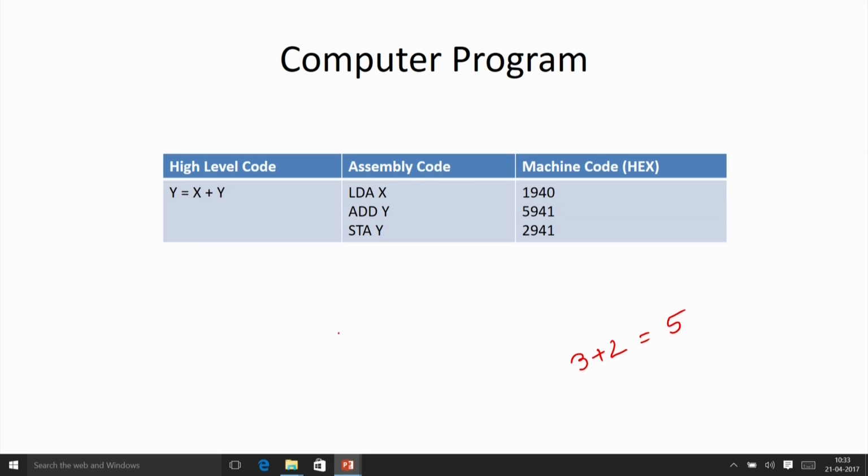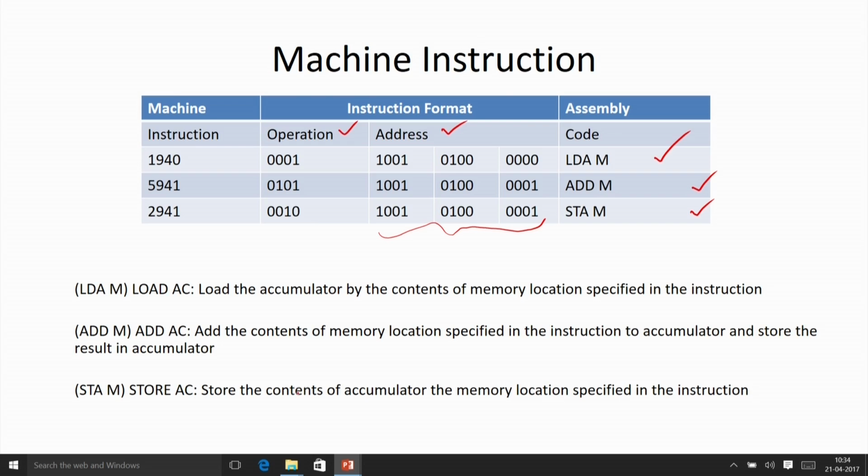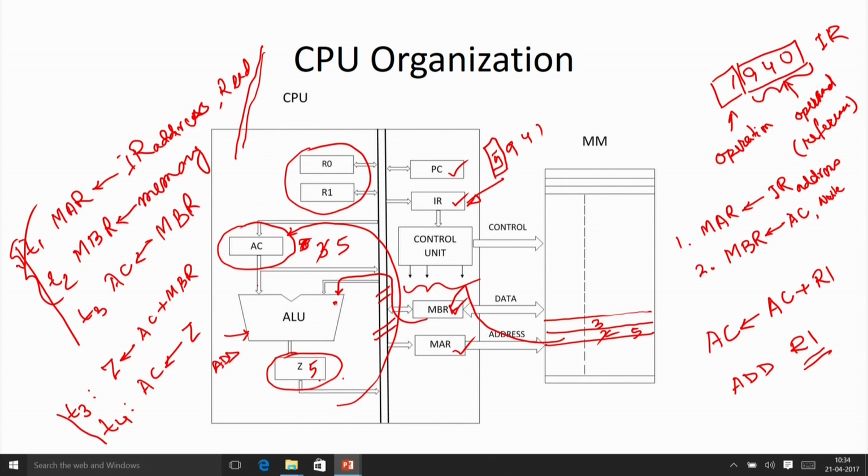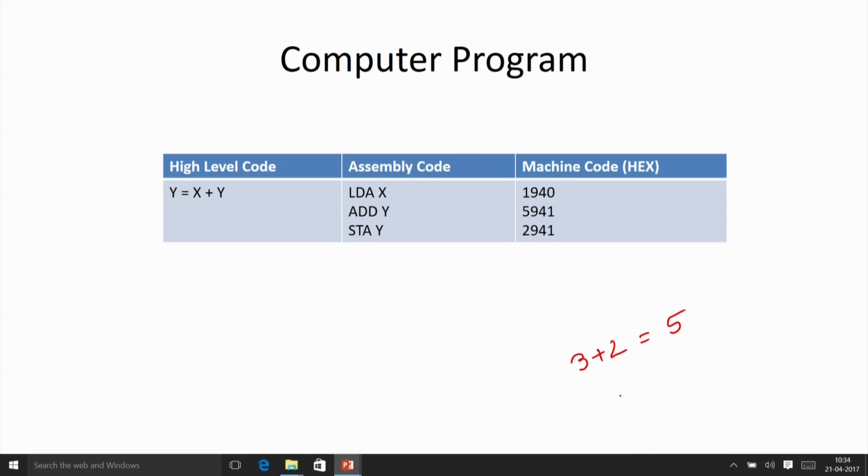Now, again, when I am talking about LDA x, add y and store y, we have seen the number of steps required. In fetch we need 3 steps; in execution somewhere you need 3 steps, somewhere 4 steps and somewhere only 2 steps. So, to execute this program, the first instruction is going to take 3 clock cycles plus 3 clock cycles, the second is going to take 3 clock cycles for fetch and 4 clock cycles for execute, and the third instruction is going to take 3 clock cycles for fetch and 2 clock cycles for